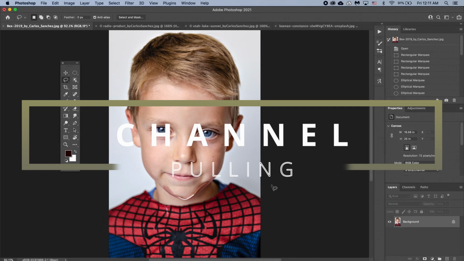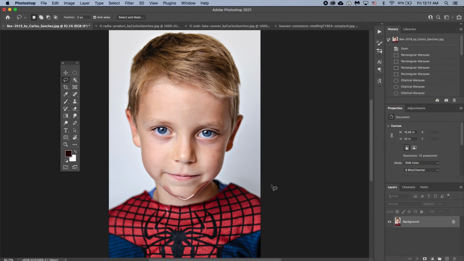So the last method I want to show you is actually more of an advanced selection method. And I know I said I was keeping it basic, but I just wanted to show you this one to show you what's possible with selections and how powerful Photoshop can be to help you get that perfect selection. This method is called channel pulling, and what we're going to use is the channels panel over here,